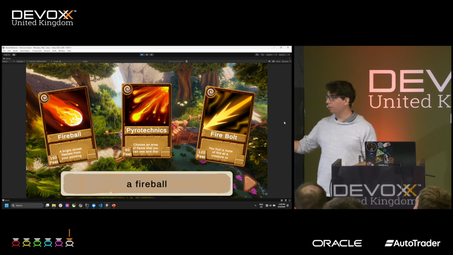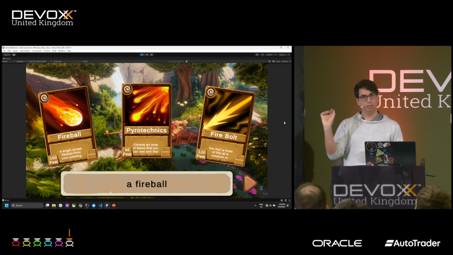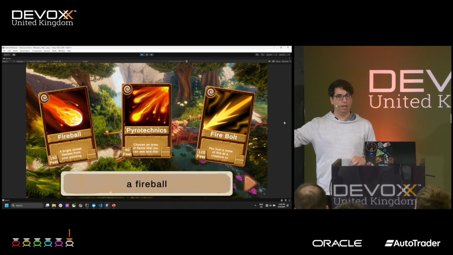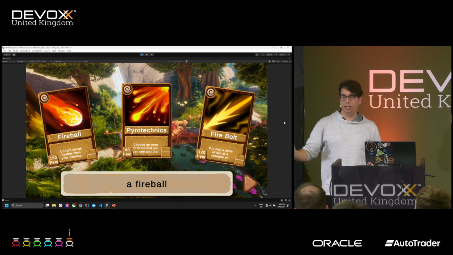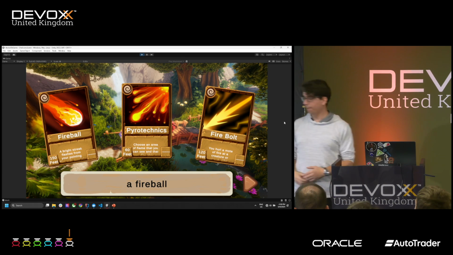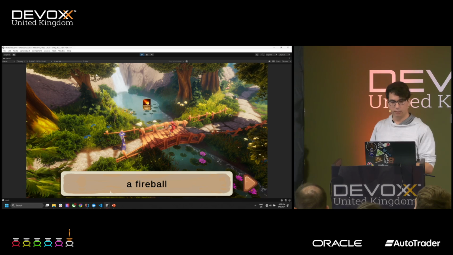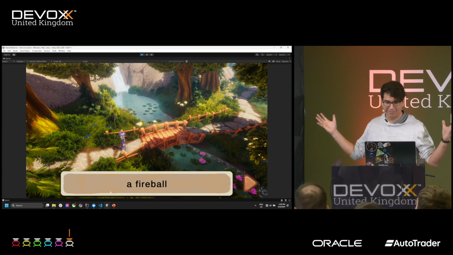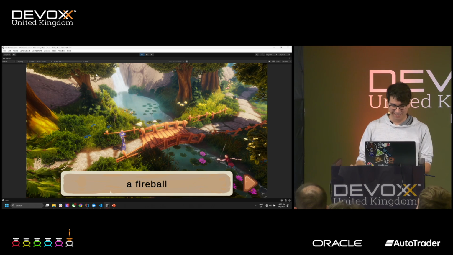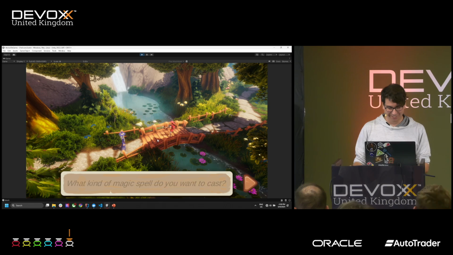So I searched for fireball, found a spell called fireball in the database, grabbed the name, and then searched the icons vector space for anything that looks remotely like a fireball, which is pretty cool, pretty good. And then, of course, we can cast it, and then, bam. And that was my explosion quota reached.